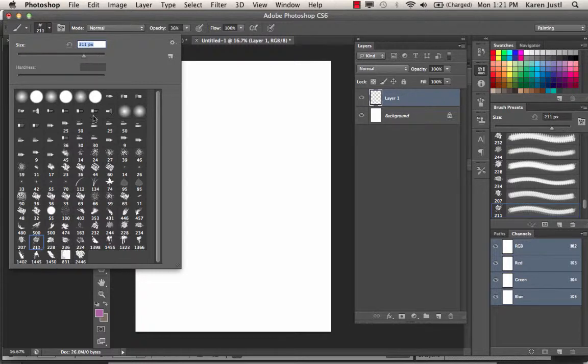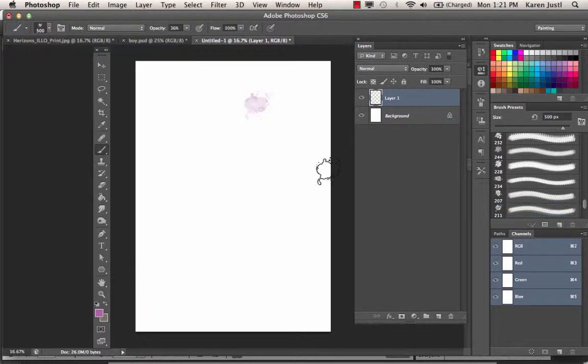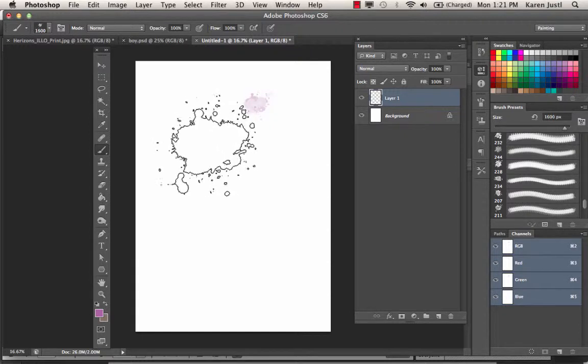Okay, when I select it, it's 211 pixels large. If I make the brush a little bit bigger, you can see the brush is getting larger. This is the paint stroke that I get when the brush is painted with 36%, so I'll just up that to 100. If I make that paint daub bigger by pressing the bracket key,